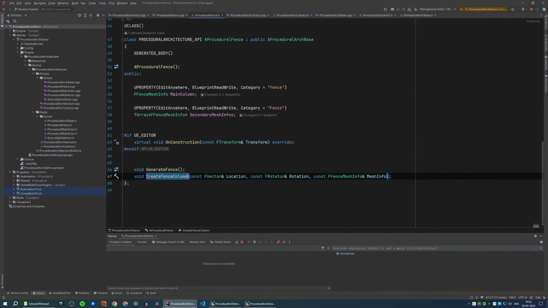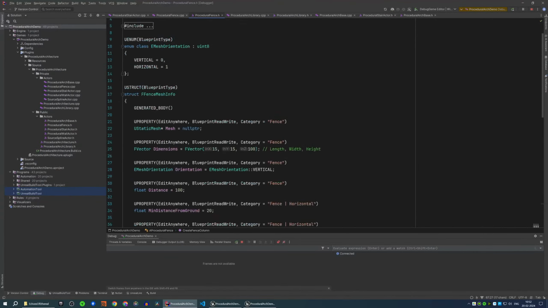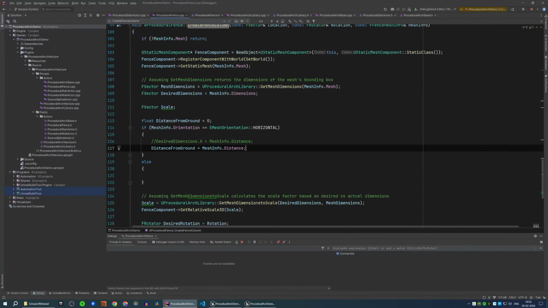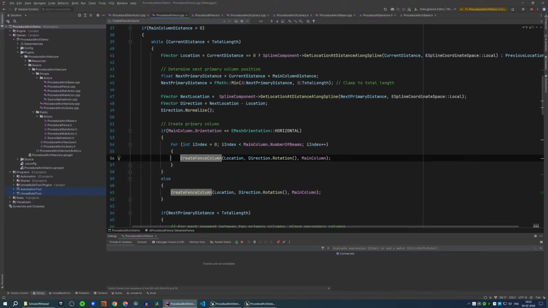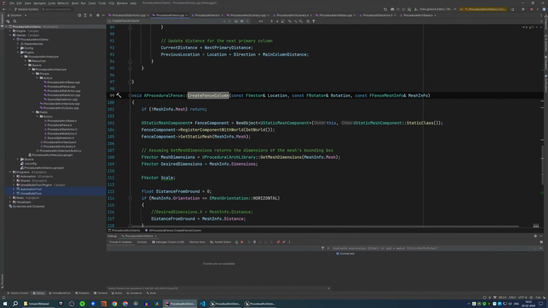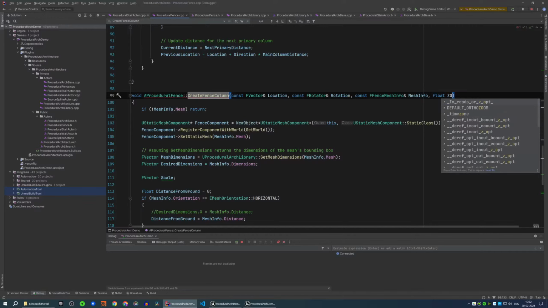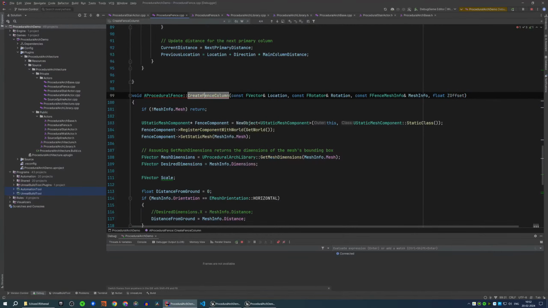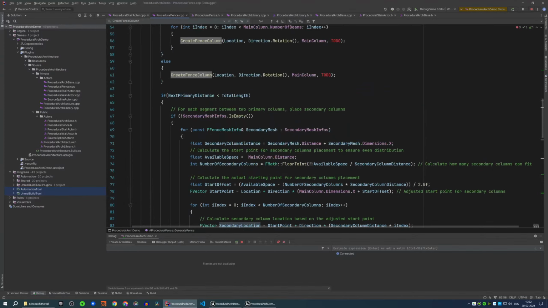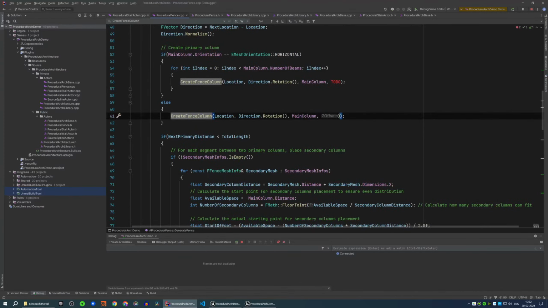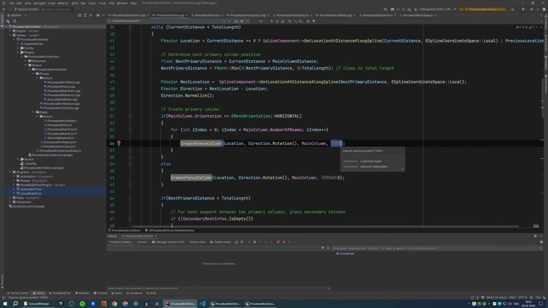another thing that I'm going to do is number of beams. Over here I'm getting the number of beams and generating the column, but I have to add the z offset as well. So I will just add a z offset additional parameter over here. By default it's going to be 0. Even if it's vertical, it's going to be 0. But if it's horizontal over here,